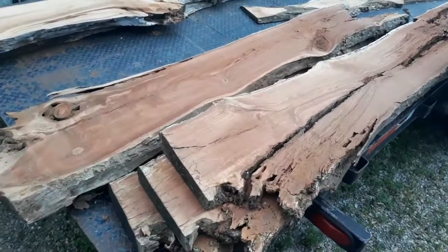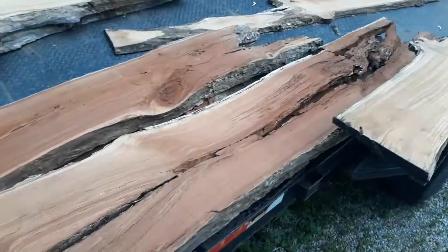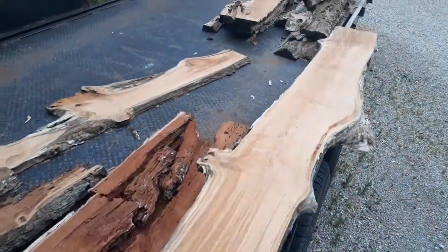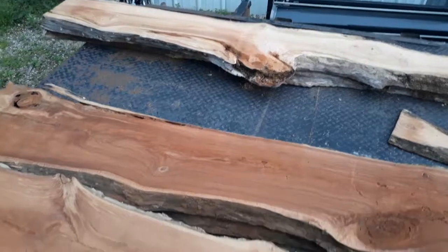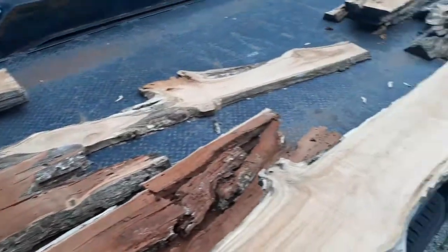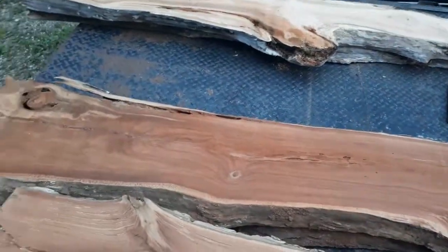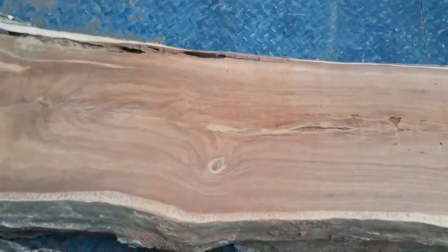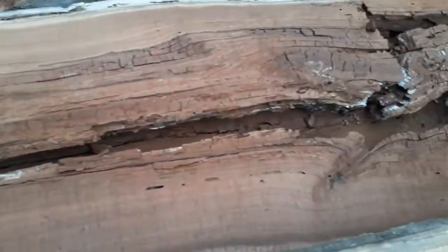Okay, I made it over here, and I'm pretty sure these are my boards. The guy that cut them is in here right now, but they're thick enough to do the job that I want. I'm going to have to do some serious cutting on them to get them the width that I want. They're eaten up pretty bad. This one was a lot worse than I expected it to be,